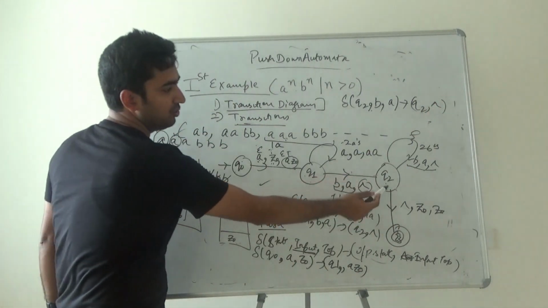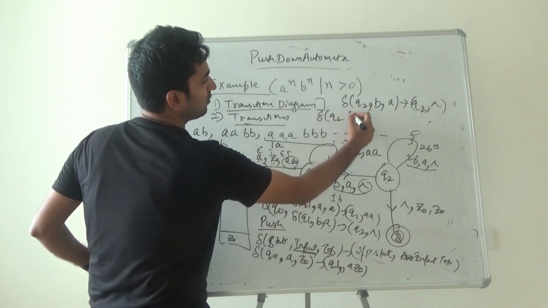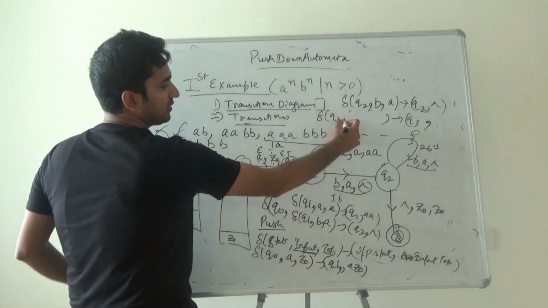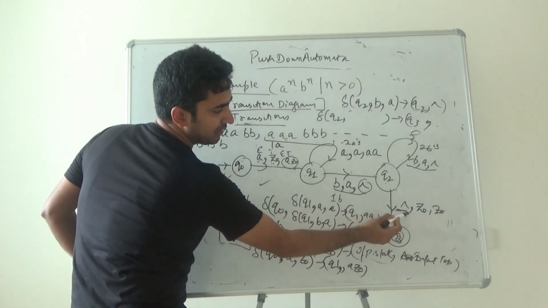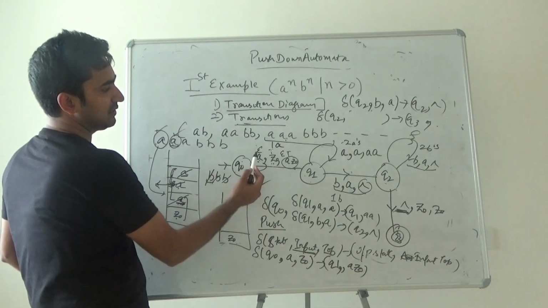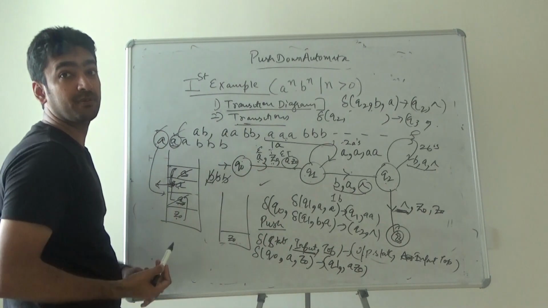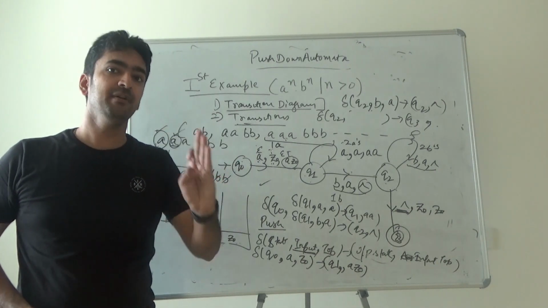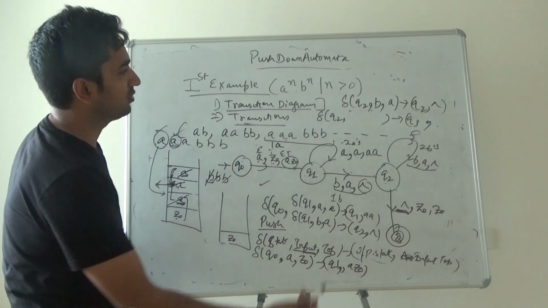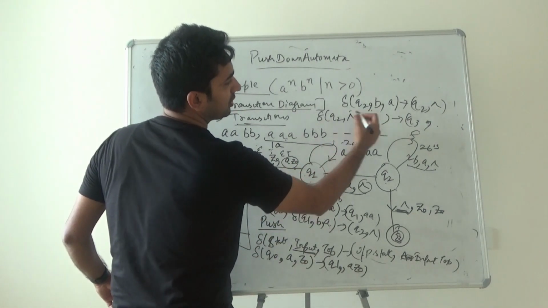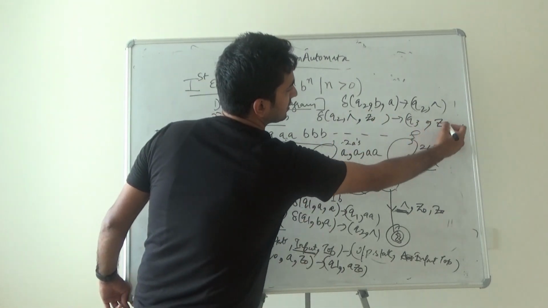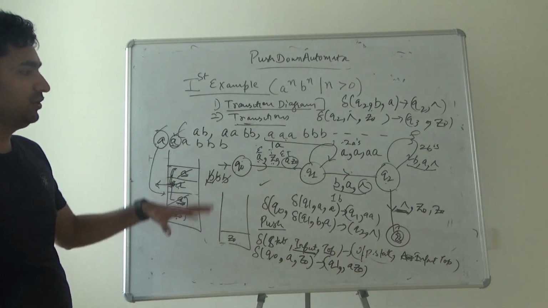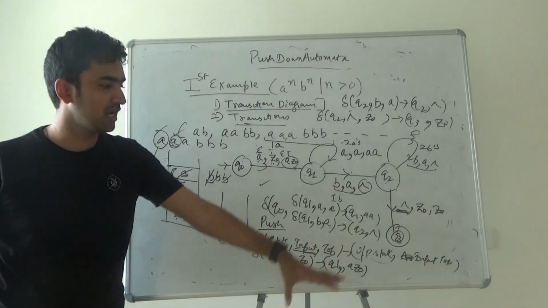Similarly, guys, from Q2 to Q3, the input state is Q2, the output state is Q3. This is my answer. So what is the element we are processing? This element. So it is element top for push, element top null for pop, and element top for do nothing. So it means this is my element, no element, top was that, and nothing happens. The answer is that. This is how your transitions are written.